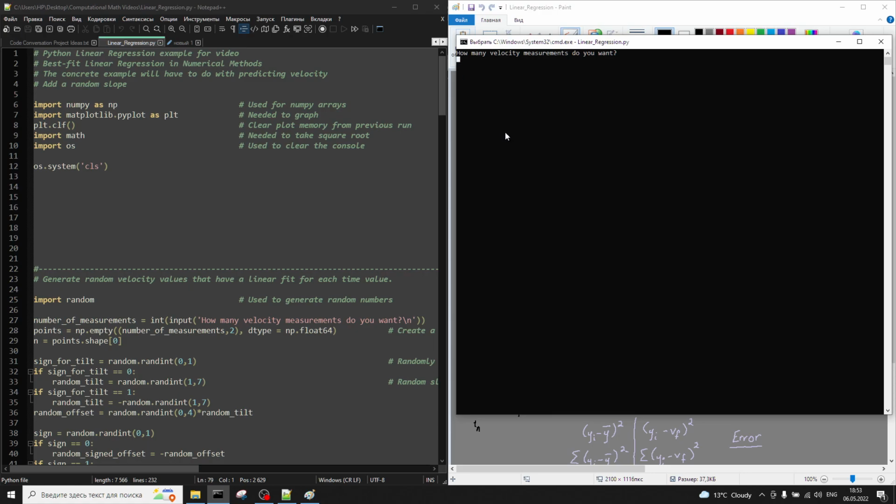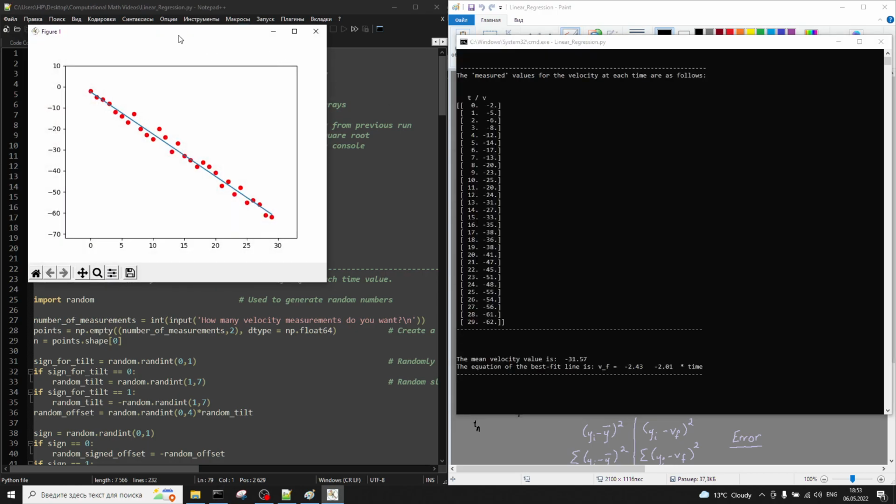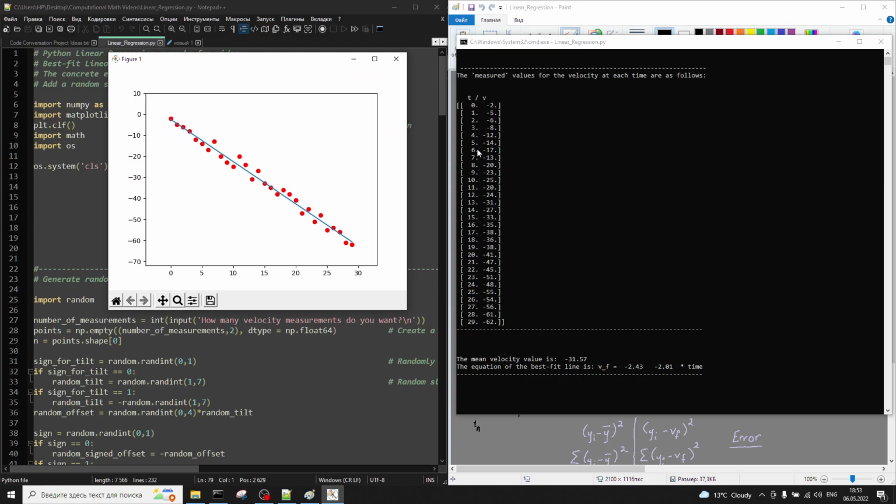So for starters, let's just say we took 30 measurements. What this is going to do is generate a scatter plot with 30 random velocity values at 30 time values, and then do a best fit linear regression on that. So this is what it came up with. Here are the time values, in order, 0 to 29, and then we have these random velocity values that were generated. It produces this graph with the scatter plot and then the best fit overlaid on it